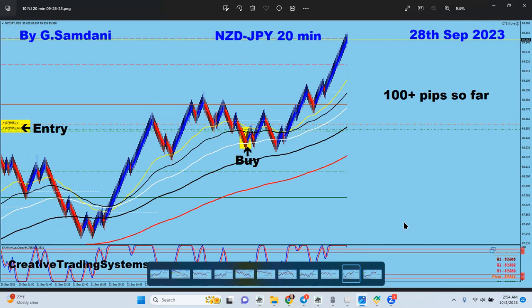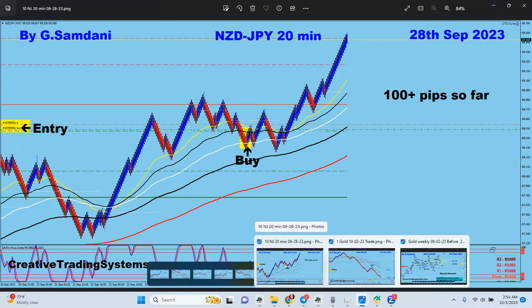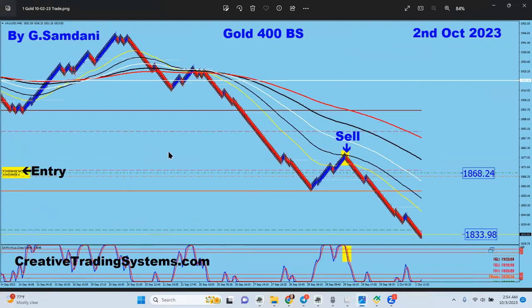Now, as far as this week, Monday and Tuesday, these are the few trades taken. Gold trades on the 2nd October, Monday, yesterday. This entry was, by the way, from last week, Friday, and then continued to the downside. The reason I held it from Friday till now, and I have another one running, is because of